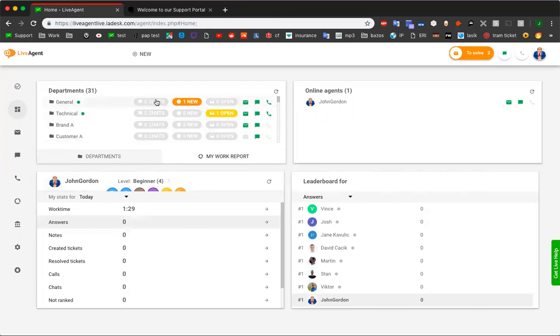We have 0, but if you had chats going on, you can see all of that right here as well. So as soon as you log in, you can see what needs to be done here. Now, you can also see on the right side all of your online agents. So if you have a bigger team, right now I only have one logged in because it's just me on